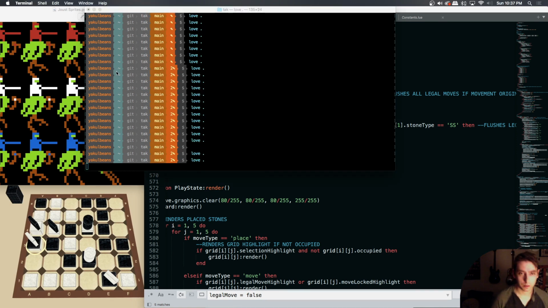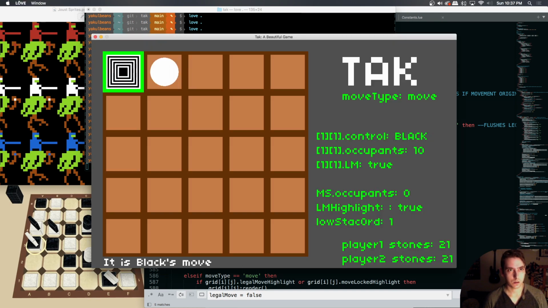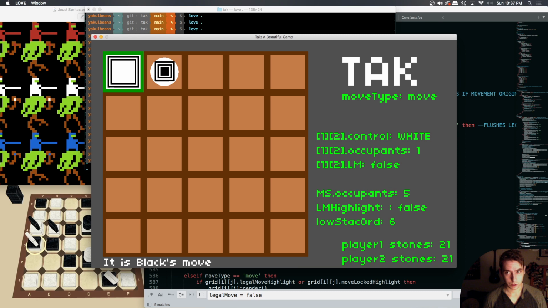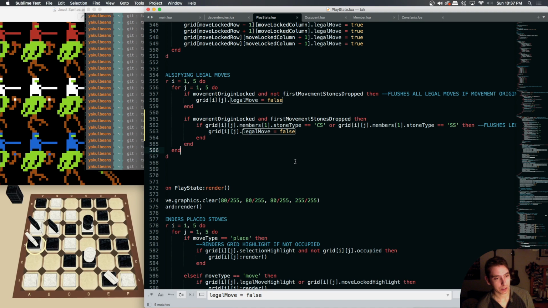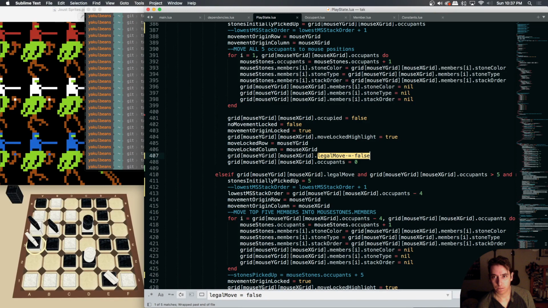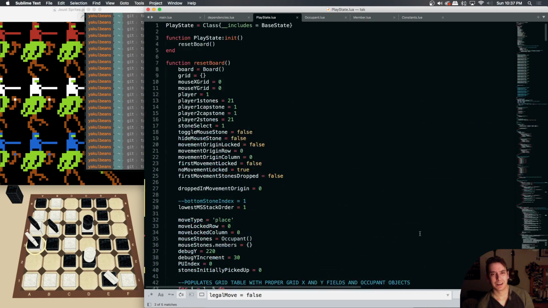Let me see if the legal move is working if there's a capstone here. Okay. It correctly recognizes the capstone is false, but it still is doing the wrong movement origin. How is that getting set to true? How is it becoming a legal move once we lock in our first stones dropped? First movement stones dropped. So